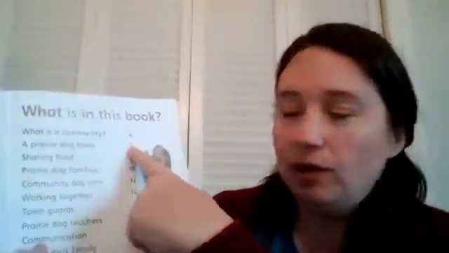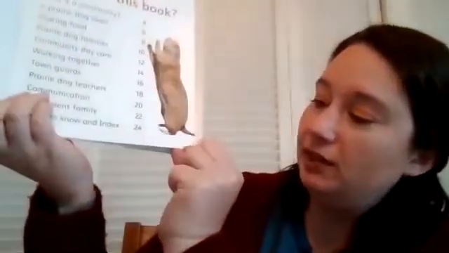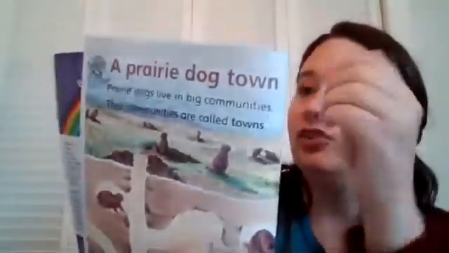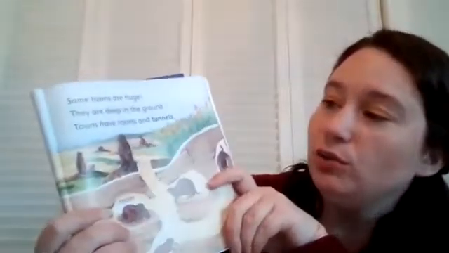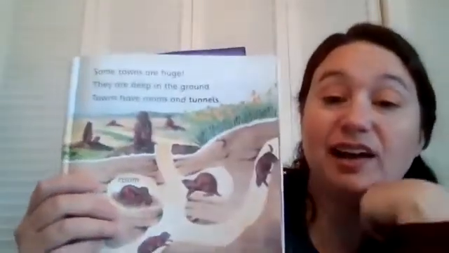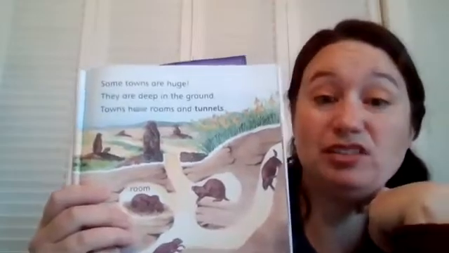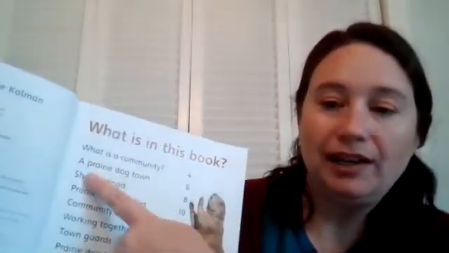So I can find that on page 6. So I'm going to look down here at my page numbers. Here's page 4, 5, and 6. It says prairie dogs live in big communities. Their communities are called towns. Some towns are huge. They're deep in the ground. Towns have rooms and tunnels. So that was an easy piece of information to find because I know I can find it in the table